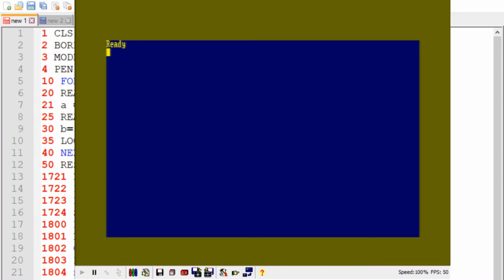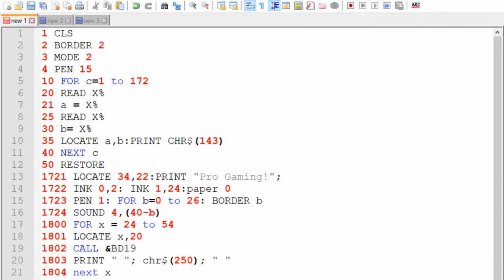So it just allows for some more text and graphics to be displayed, and mode 0 is 20 now. Default is 1, so we'll just do that. So the next line in the code, let's go back to the code, is we're going to then set the pen. So the pen is just the text. We're going to set that to be 15, which according to this is orange, but actually I think it displays as yellow. But anyway,